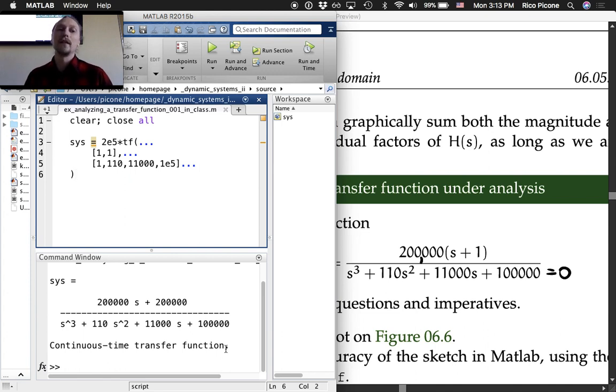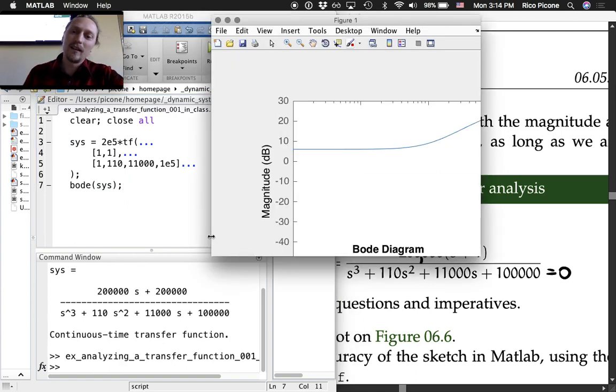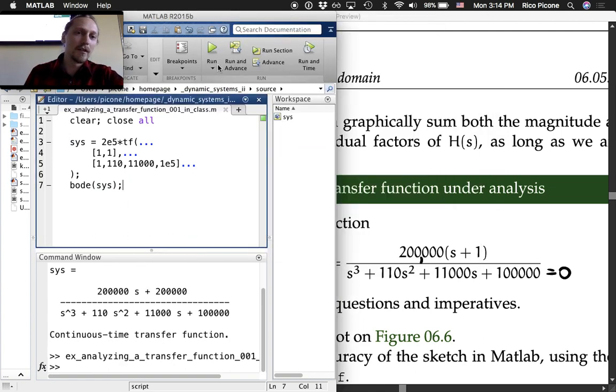We want to know what the Bode plot would look like. So put the semicolon there. It's good to just check, does this make sense? This does look like what we put in. So that's good. And one of the nice things that MATLAB can do with one of these objects is make a Bode plot. It's really just this easy. bode of sys, where sys is the name of the object that we created, and if we run that, oh yeah,